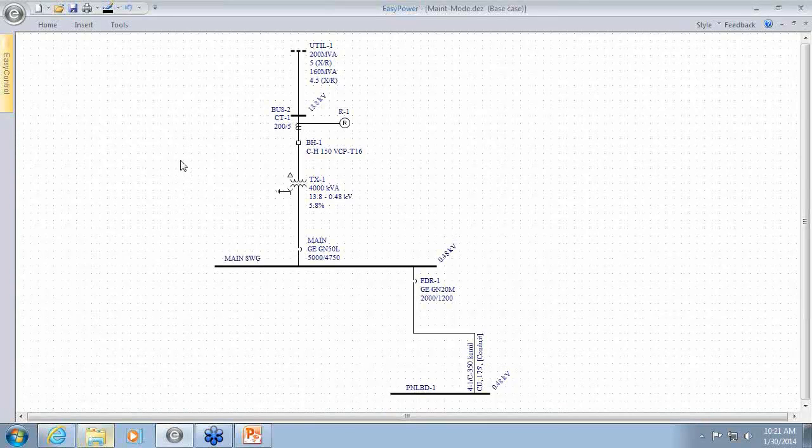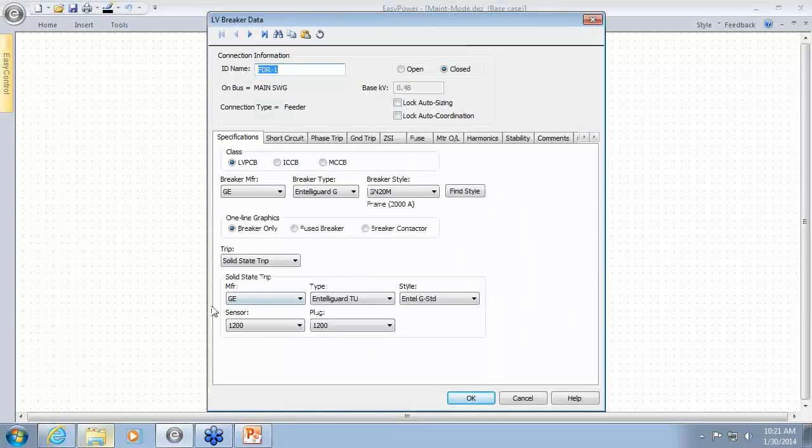So we have a simple circuit here. It's just been put together to show what we need to show, so you might see some things that look a little different, but the important point is that these two GE breakers are set up to have maintenance mode settings, and then the relay is also set up to have maintenance mode settings. So I'm going to go into the breaker here for this feeder, and the trip unit in this